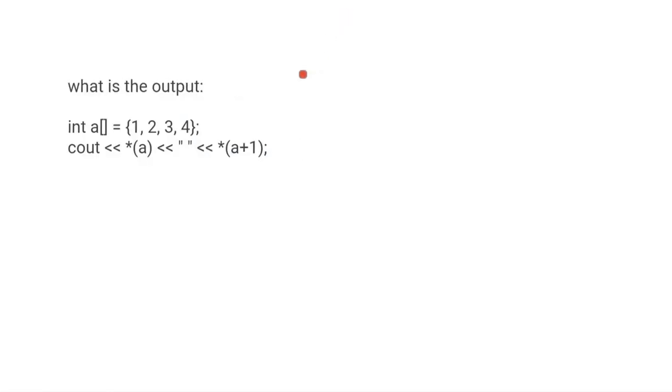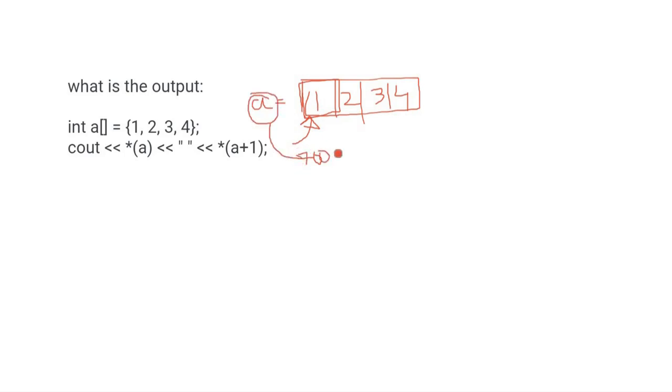Moving on, we have to tell the correct output for this. So see, we are given an array of 4 elements: 1, 2, 3 and 4. Alright, now we know that an array is very similar to an integer pointer. So if we are given an array A is equals to this, so we know that A has a value as that of the starting address of the 0th index, which means, say if this has an address of 700, so the value of A is 700.